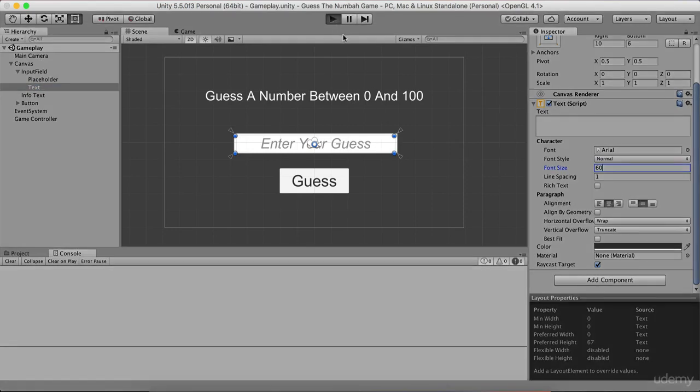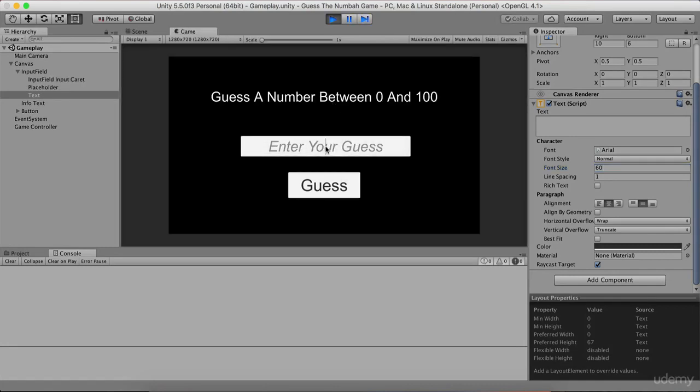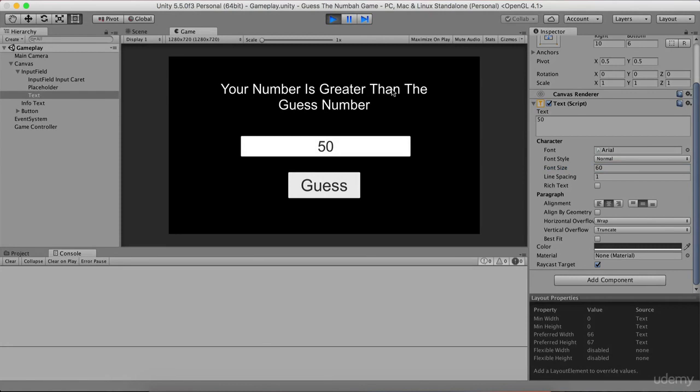So if I hit the run button now, I'm going to type here, let's say, for example, 50. And if I try to guess, notice your number is greater than the guess number. And if I try to type 40, guess, your number is greater. Okay, let's say 20, guess, number greater. Let's try 10. Guess, you are a number wizard. I mean, what to say else? I am a number wizard. I just am. But notice here, this number that we entered is right here, and we